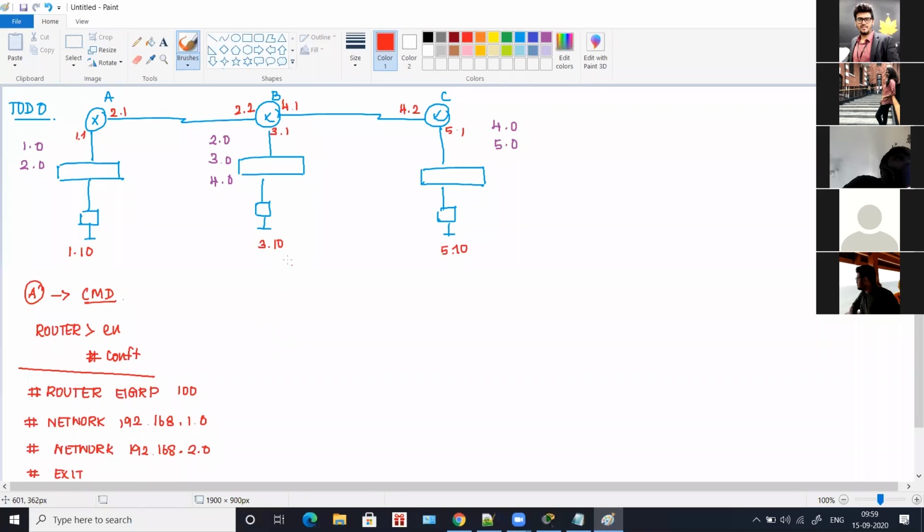Okay. And same way for router B. For router B, again you have to go to configure terminal mode and you have to give router EIGRP and the autonomous number should be same. So again I'm giving 100. And after I give 100, I'll type network